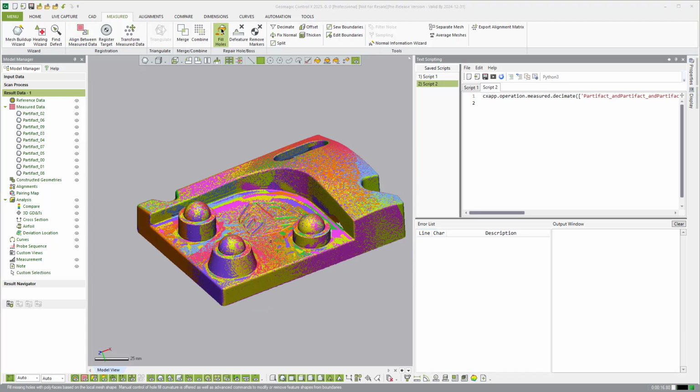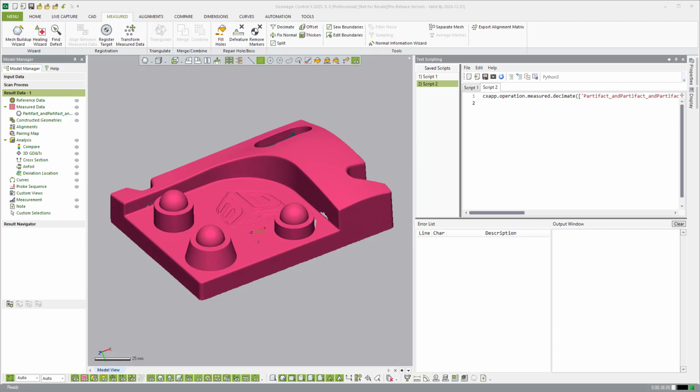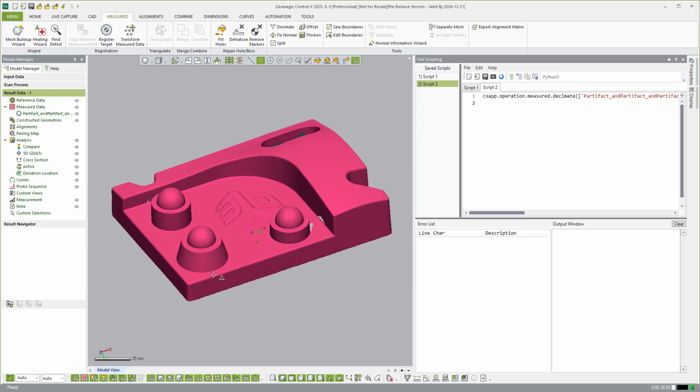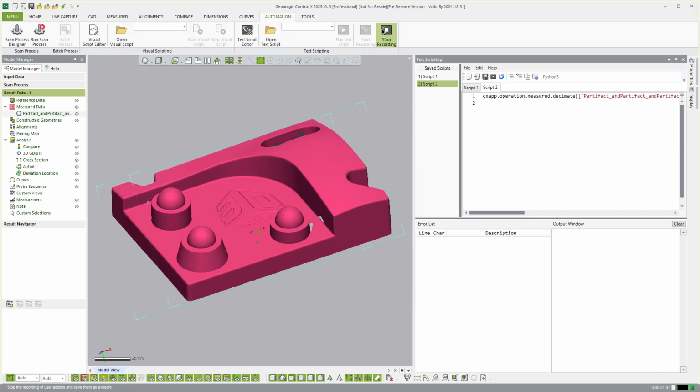And the next step is to come over to merge, and we'll just go ahead and run a volume merge. One click back from the top there. And I'm going to leave remove original data just for simplicity's sake in this script. And then we'll hit OK. So now we have one merged scan. So now let's go ahead and run decimate. So we'll say I want to decimate 25%. And then hit OK. So now that we did those three steps, we'll just come over here and say stop